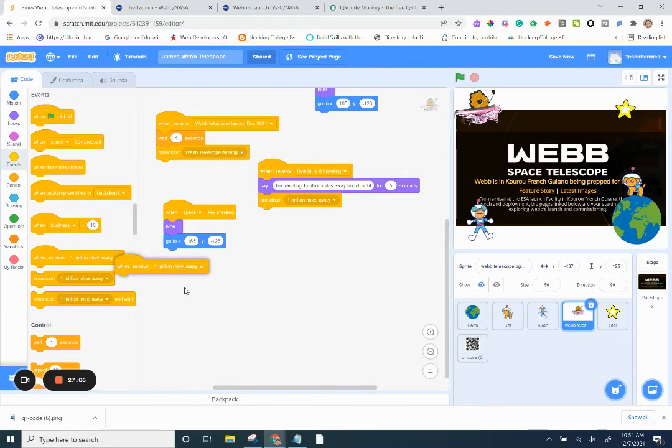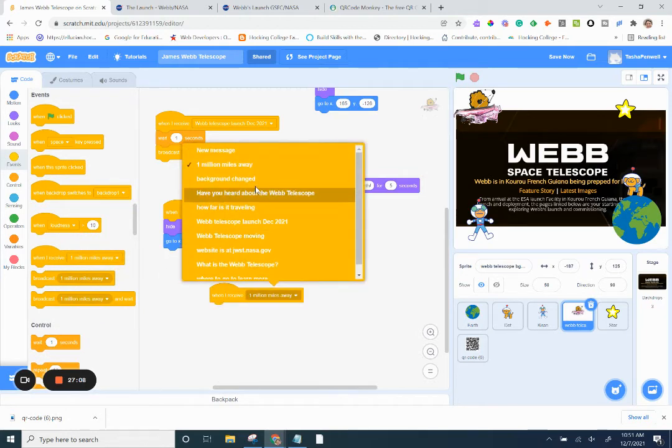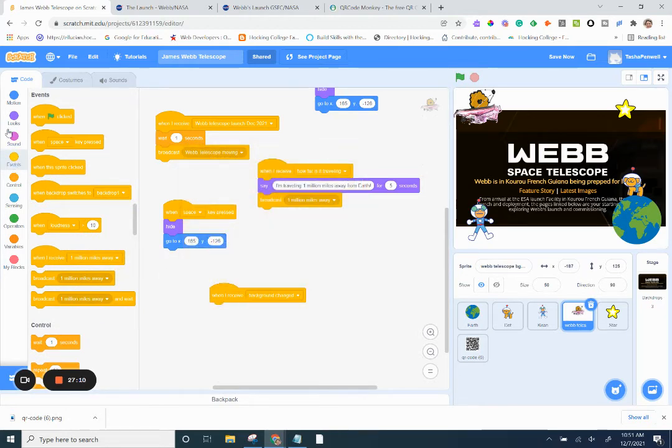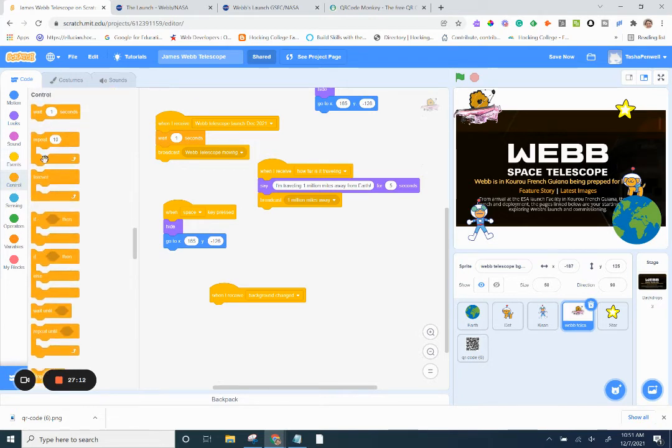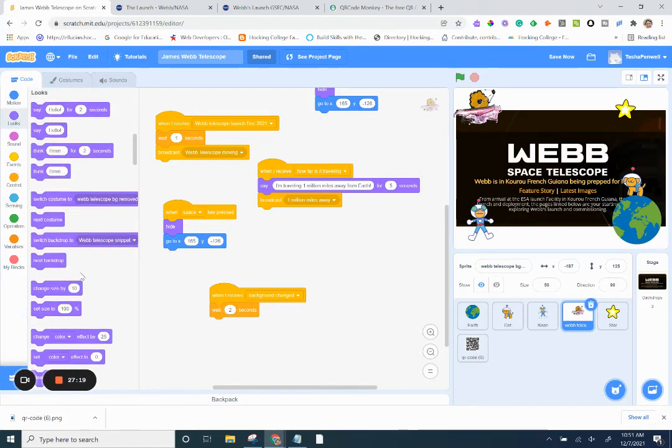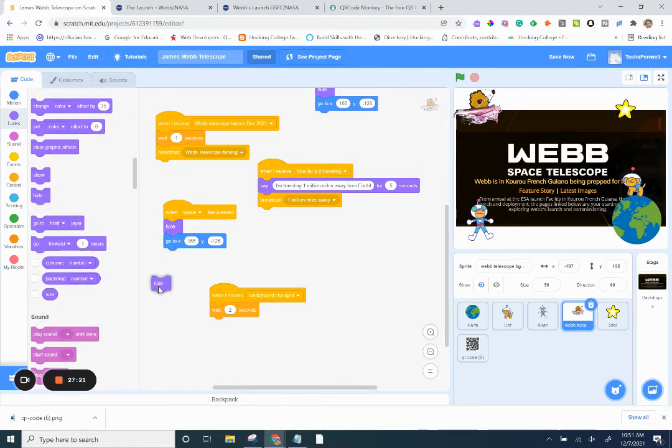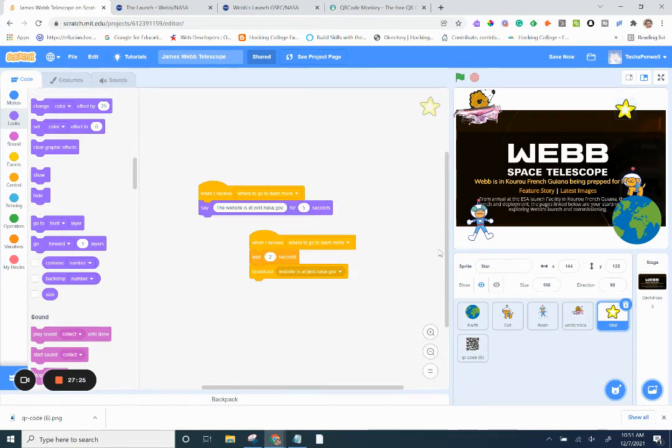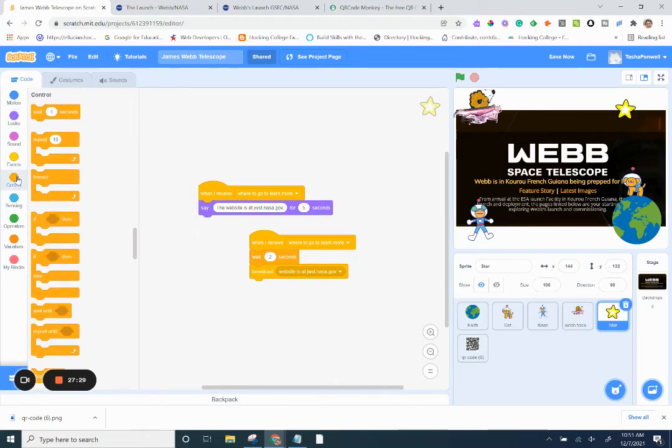Events. When I receive, background changed. And we are going to control, wait 2 seconds. And we're going to hide it. And we're going to hide the star too. So control,